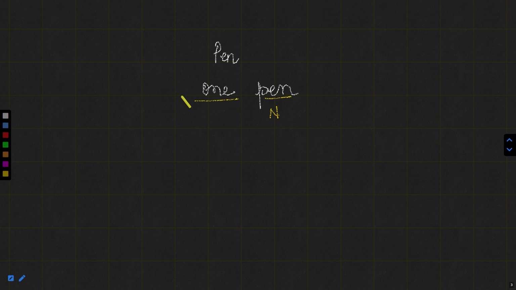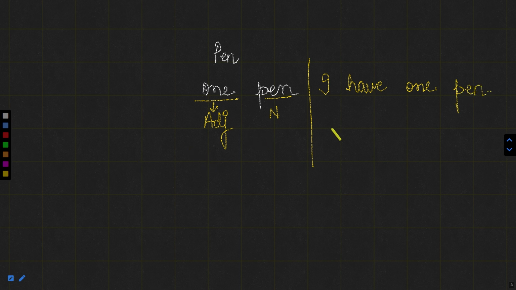So what word is this one? One is actually an adjective. We know very well that any word which qualifies a noun by any aspect, whether it is a number, it is telling us the description of the noun, the quality of a noun, the color, size, shape, number, or anything about the noun. That word is known as an adjective. So in this phrase, one pen, this one will be an adjective. I can make the sentence from this, that I have one pen. This is the sentence I can write.